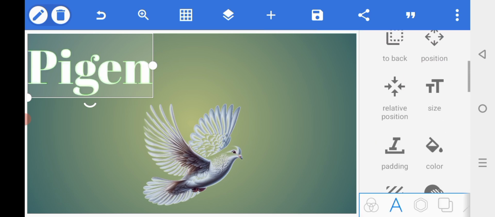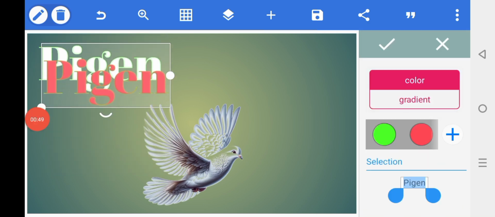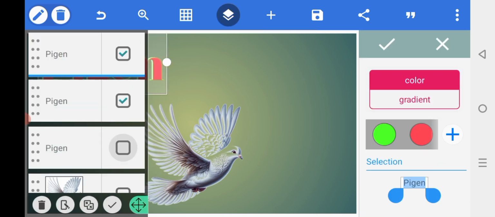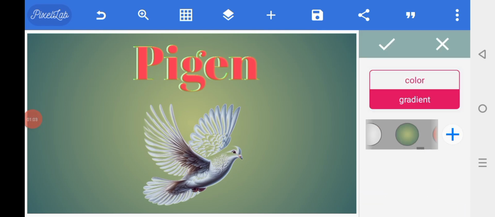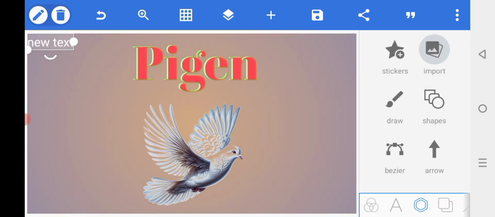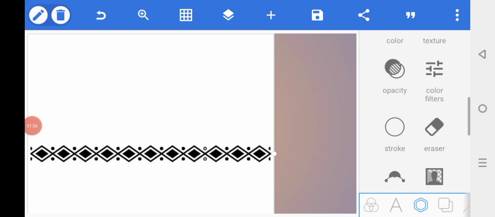Copy the writing, select the copy option, change the color, select the color option, adjust the color, save the writing, select the save option, adjust the save confirmation, change the background, select the color option, adjust the color, select the import button, go to the gallery, select another shape, adjust the shape, remove the background, select the red color, enable